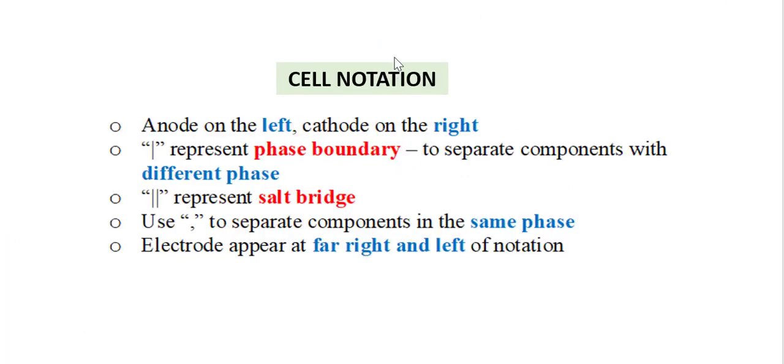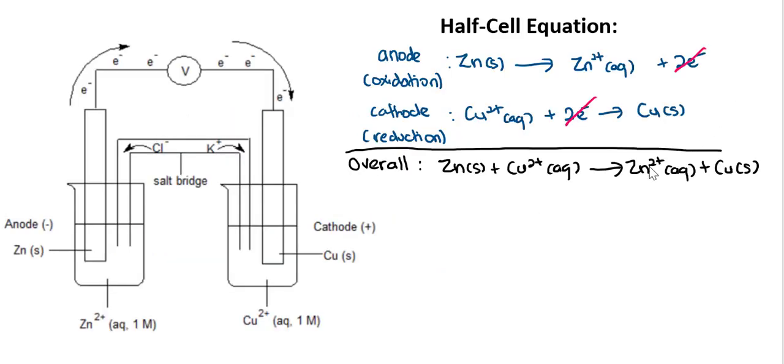A useful shorthand cell notation describes the components of a voltaic cell. The key parts of the cell notation are as follows. The anode is written on the left and the cathode is written on the right. A single vertical line represents the phase boundary, separating components with different phases, while a double vertical line represents the salt bridge, indicating the half cells are physically separated. A comma is used to separate components in the same phase, while electrodes appear at the far right and left of the notation. The cell notation for this zinc-copper reaction is